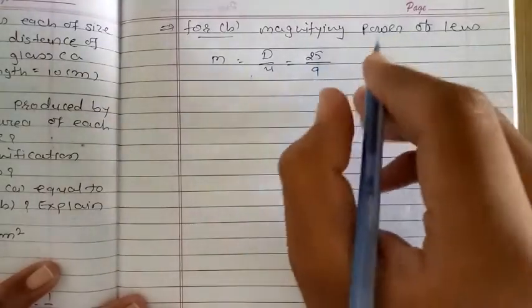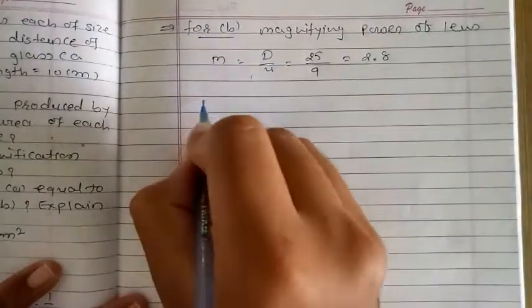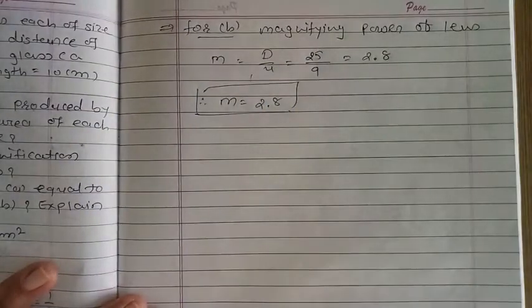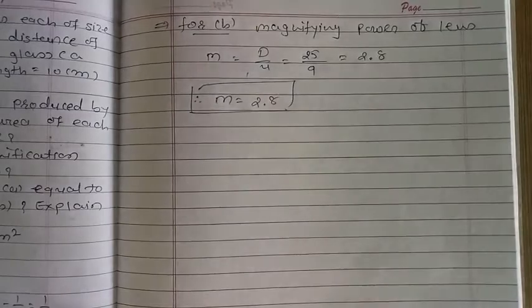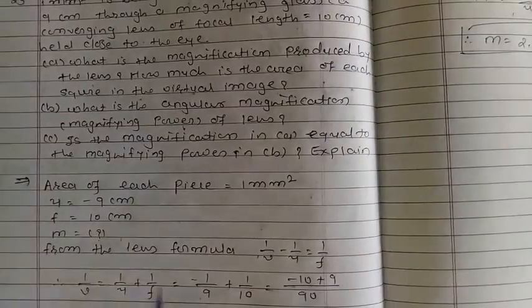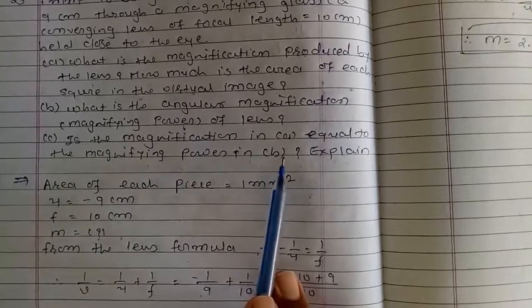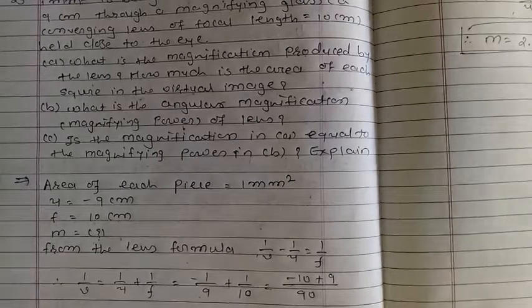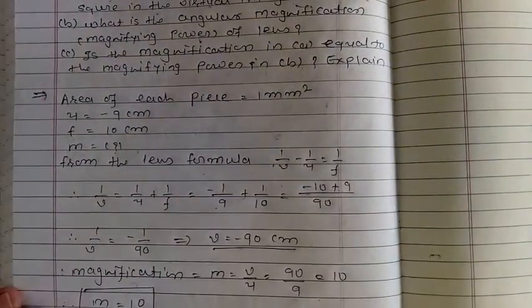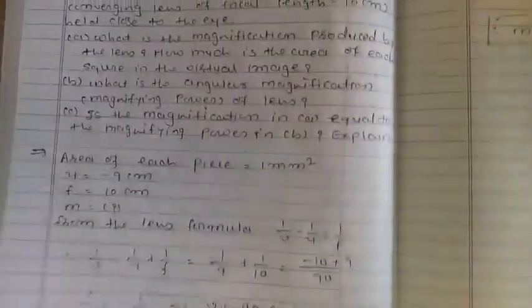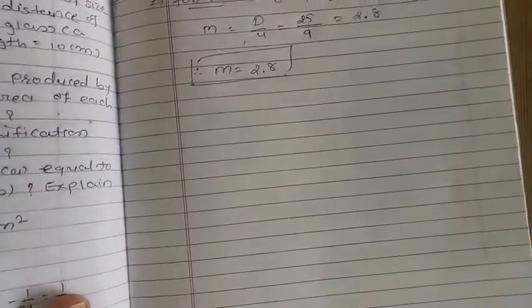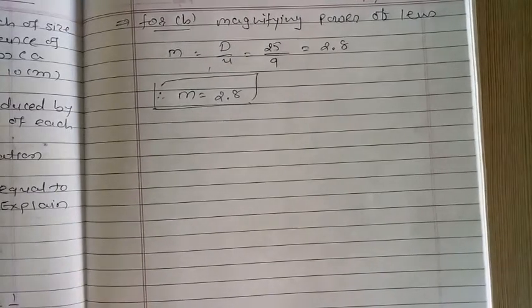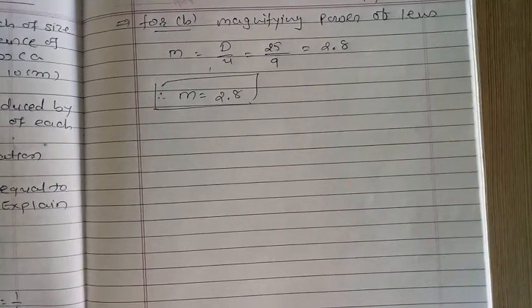So 25 by 9, which is 2.8, so we get the magnifying power of the lens is 2.8, right? Our third question: is the magnification in A equal to the magnifying power in B? So here we get, in the first case the value of magnification is 10, in the second case the value of magnification is 2.8, right? So here the value of magnification is different, so we can say that no, magnification of lens